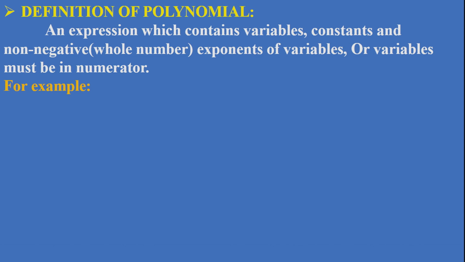So if any expression we see it in this way, that is called polynomial. Now we take some examples to understand the polynomials. The first example as we can take, that is 3y plus 7. As you can see here that 3 is a constant here and 7 is also a constant and y is a variable. The second example we can take, that is 4x plus 5, where 4 is constant, 5 is also a constant and x is a variable. Next example we can take 5. Any constant can also be taken as a polynomial. The next example we can take as 2x square plus 5, right? And the next example we can take root 3 plus z.